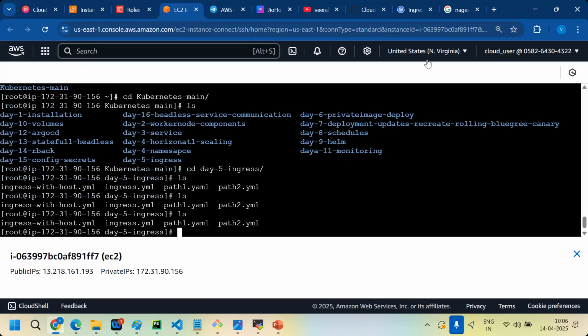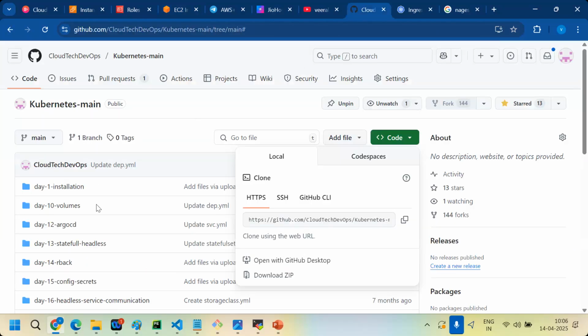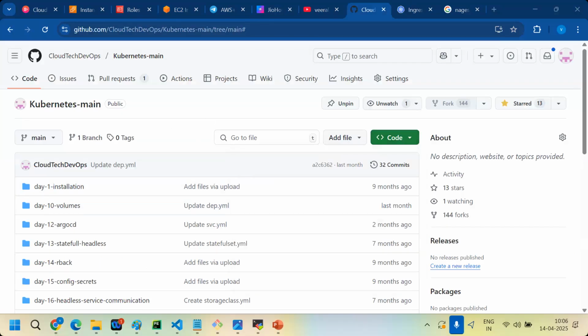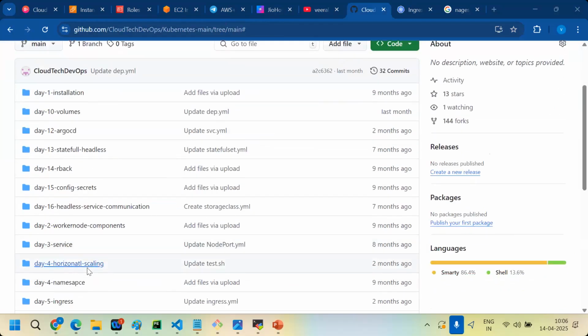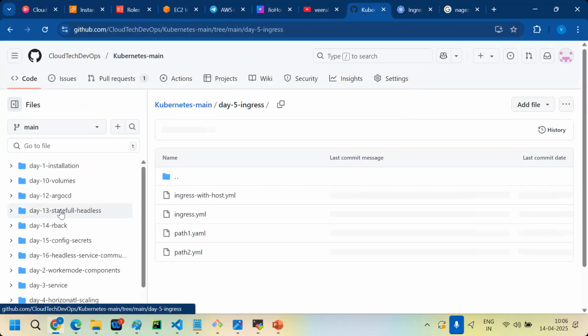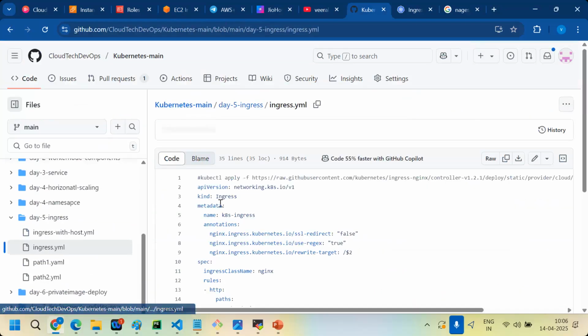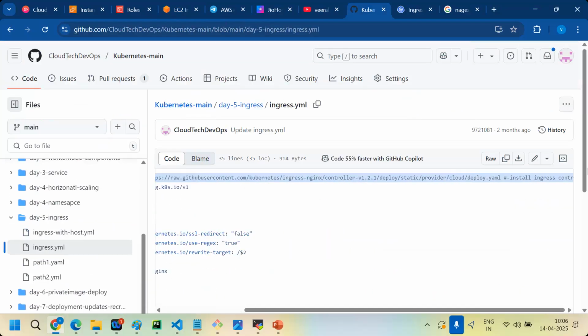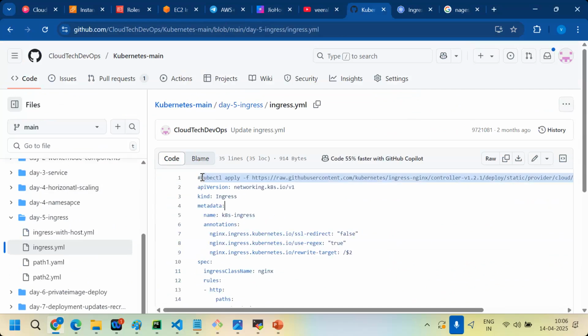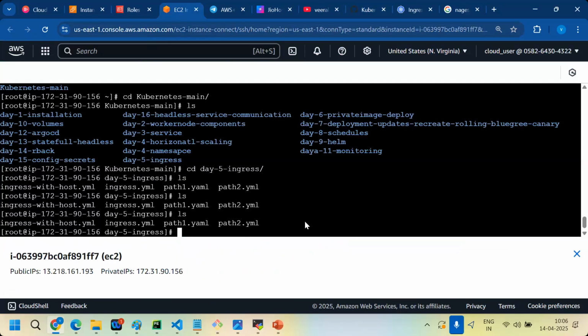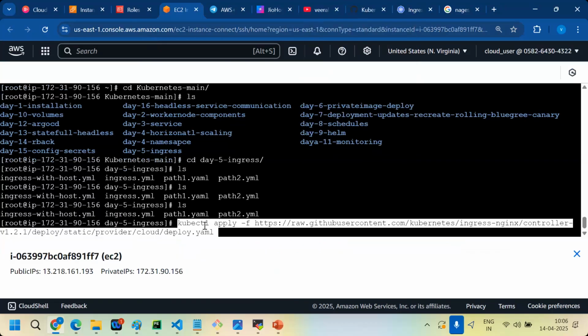Okay, guys. So let's first install the Ingress controller. It's a third party tool, right?